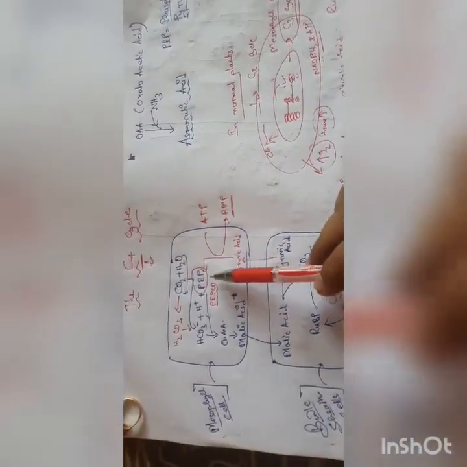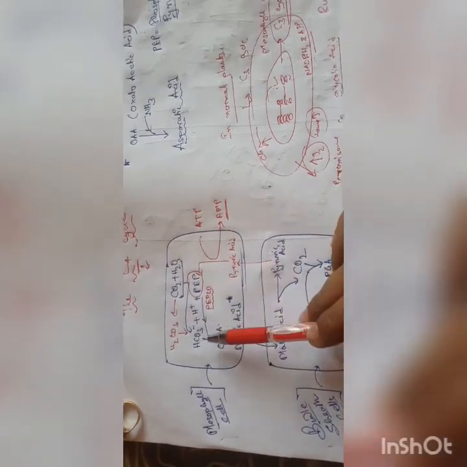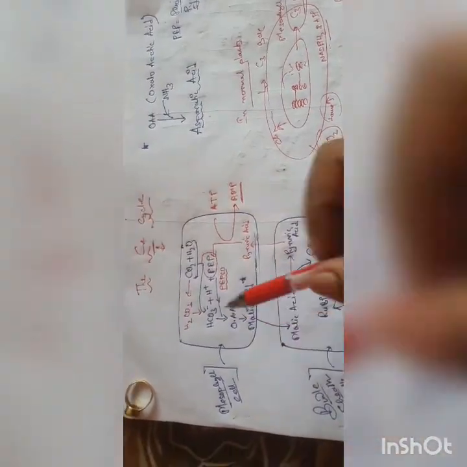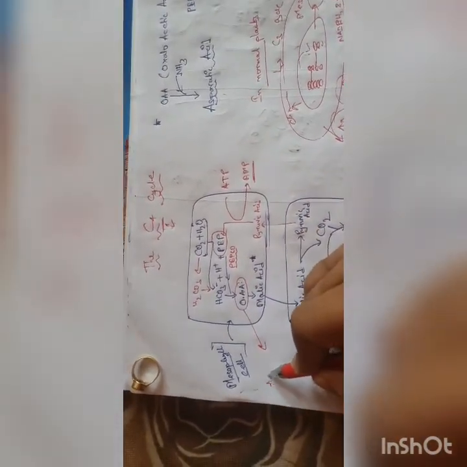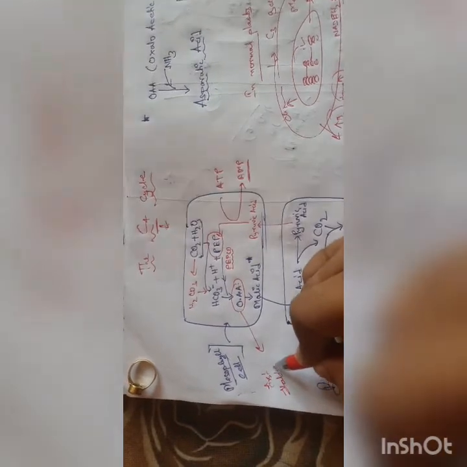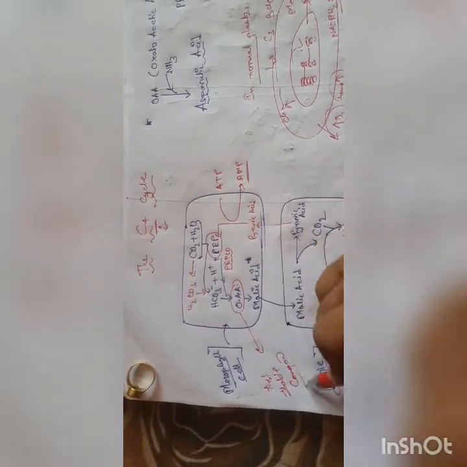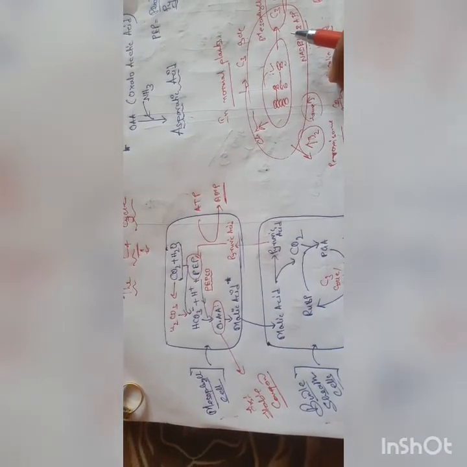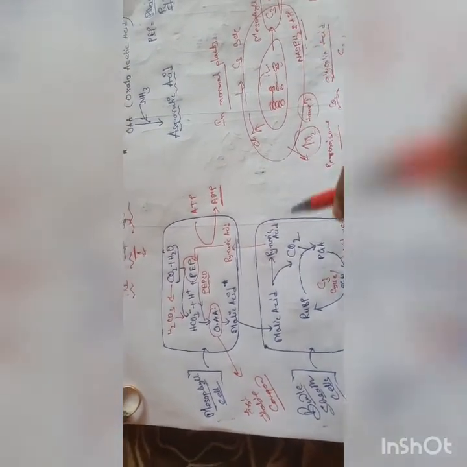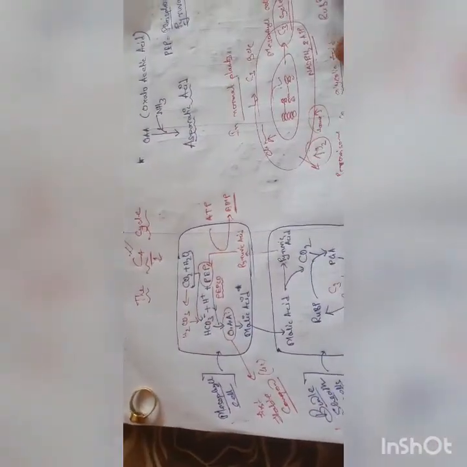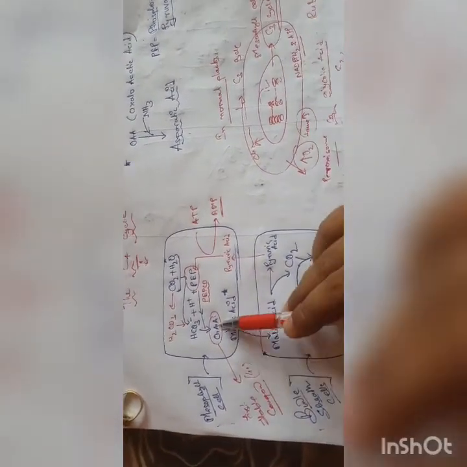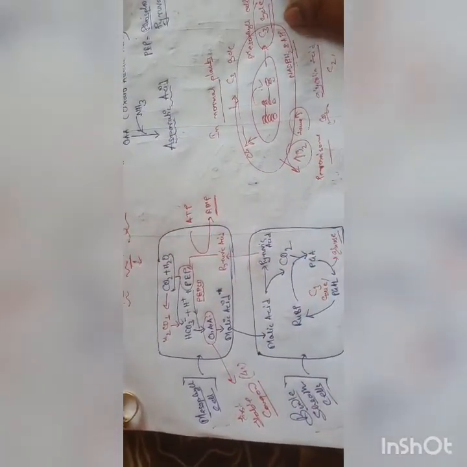Okay, now this phosphoenol pyruvate combines with the HCO3, and the 3-carbon compound becomes a 4-carbon compound, oxaloacetic acid. This is the first stable compound. Now, when this first stable compound, the oxaloacetic acid, has formed, this oxaloacetic acid is a 4-carbon compound, and hence the first stable 4-carbon compound, and hence the name C4 cycle. Okay, first stable compound is 4-carbon compound. From oxaloacetic acid, it gets converted into malic acid.